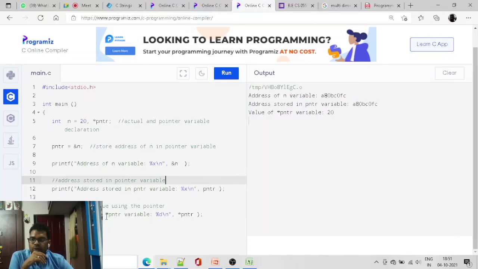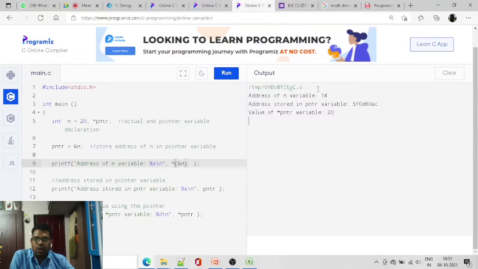Printf, value of star pointer variable. If I call star pntr, it shows the value, not the address, it shows the value. So what if I use the pointer over the address of n?